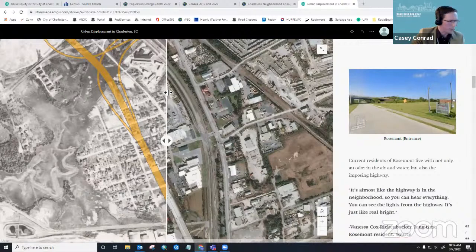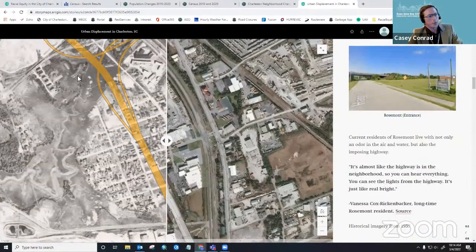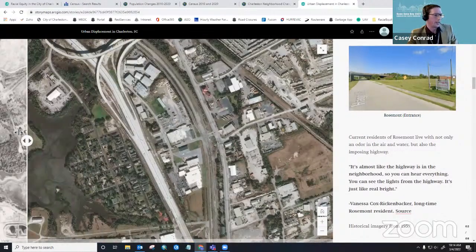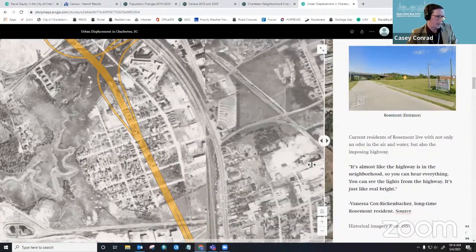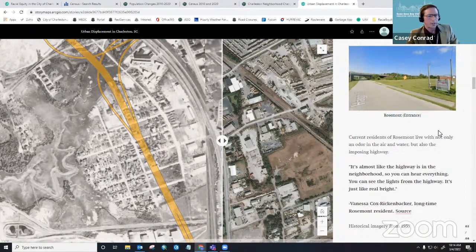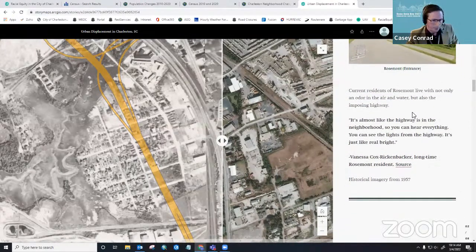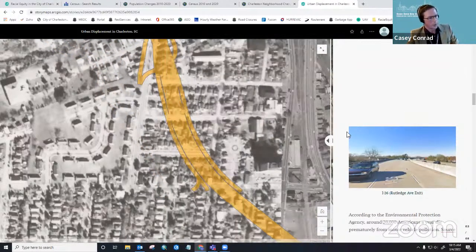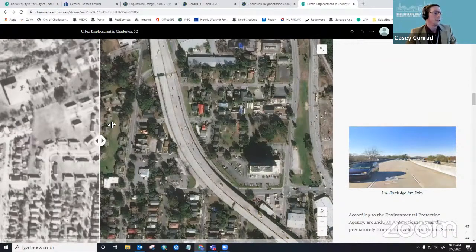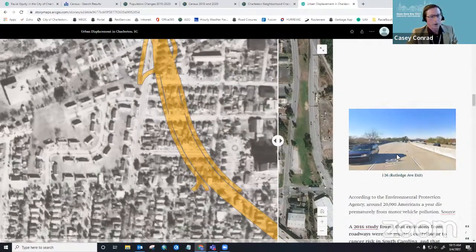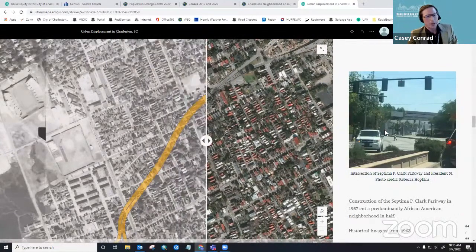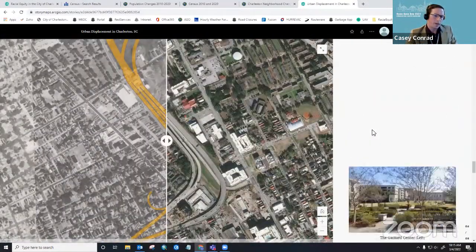So this is old imagery, and Jim also dug this up. I believe this map is from 1957, but what we've done is go through these areas, historically Black communities, and overlaid the highway footprint. So this is current. This is 1957, and we've got some resident quotes and just a little bit of information about all of them. But I invite you to check this out. I'm not going to go through all of it, but it's pretty striking when you look at how many households were affected by these projects. This is the Crosstown that we're all familiar with. And then here at the bottom,